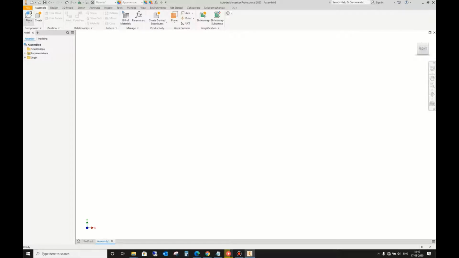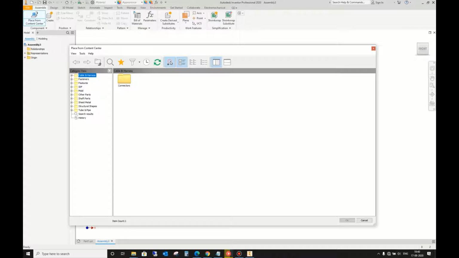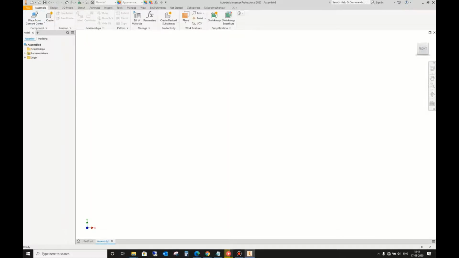Content center is basically a standard library of standard parts like bolts, screws, fasteners, and a few more standard parts which are universal all over the world, like connectors, mold, shaft parts, clamps, o-rings. You can see all the options here. We will see all these options in the future.